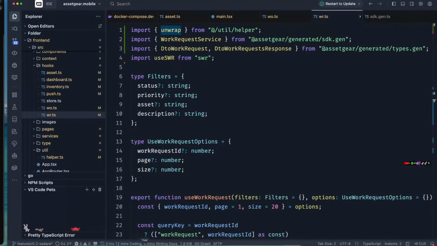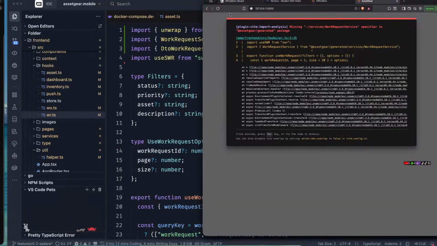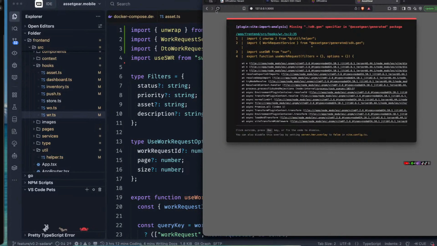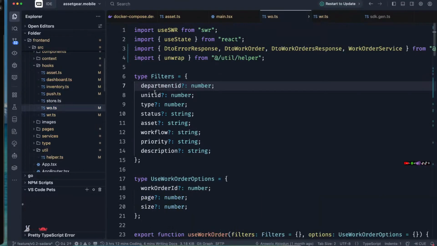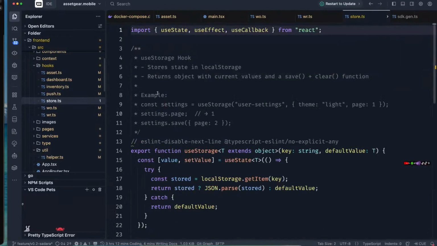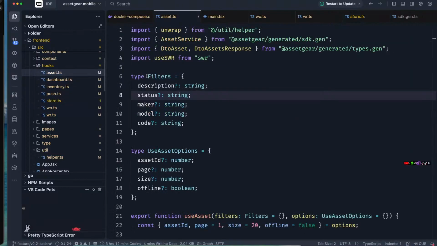I know we still have quite a number of hooks we still need to deal with. So which hook is remaining now? It's still pointing to work request, which I don't believe. It's circling back to assets. As long as we've not finished everything, the guy will just be running in circles. So stores, there's nothing in stores. Assets,